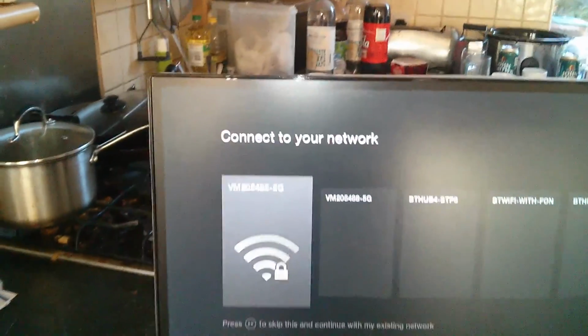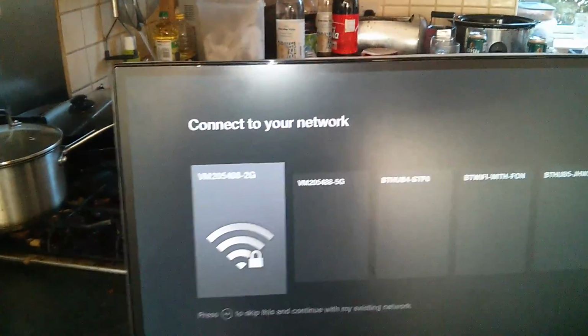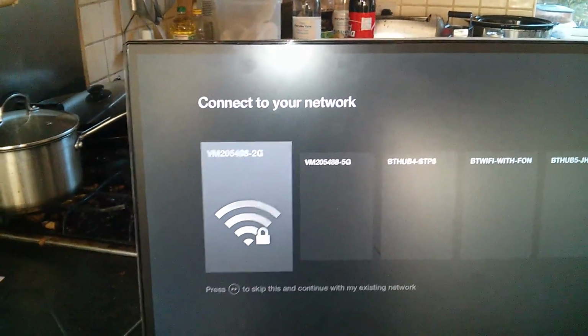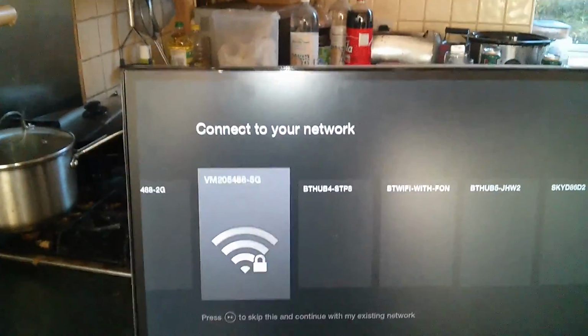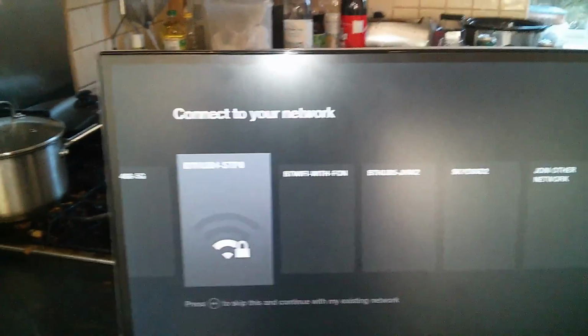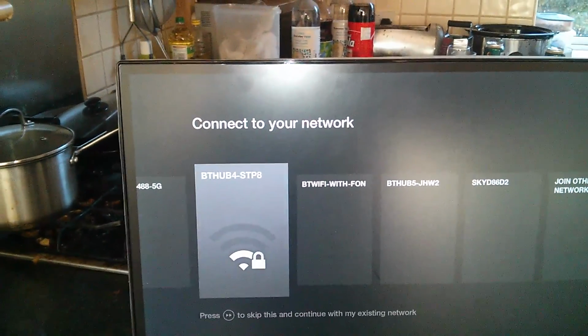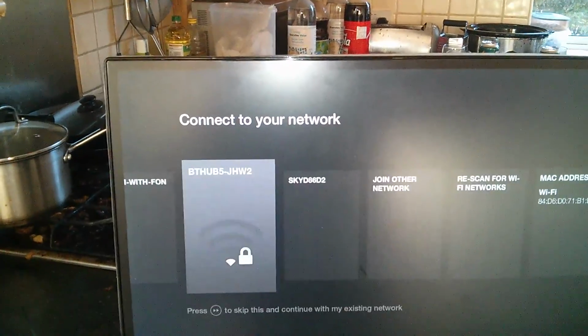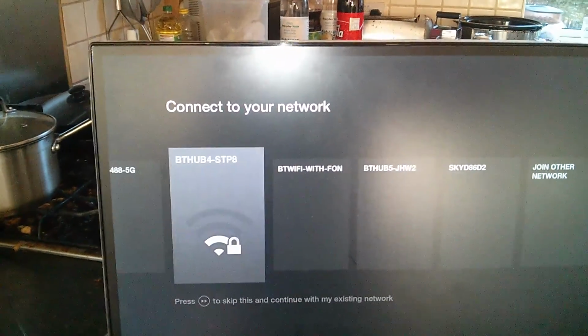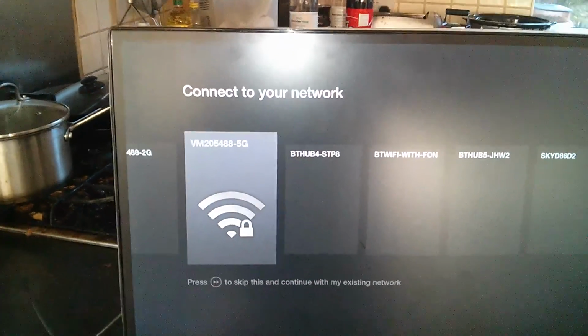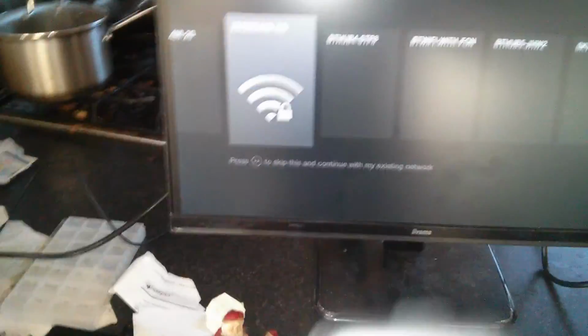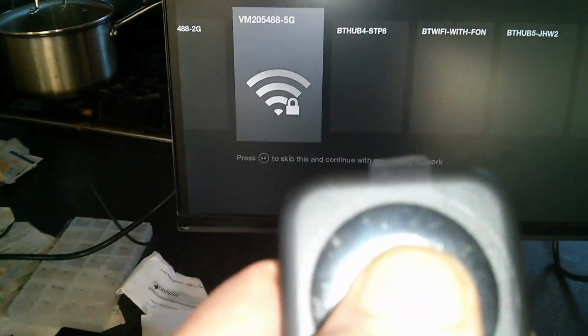And then when this screen comes up, you use the left and right buttons to move along. I mean, you should know what your network's called. So you find the one that's yours by doing this, and then you press the select button in the middle there,